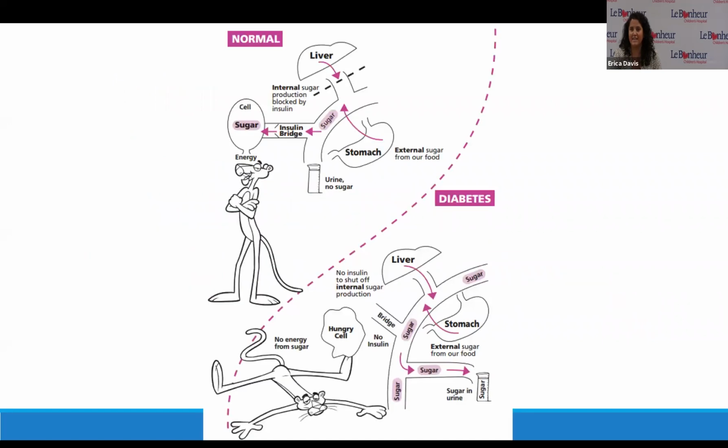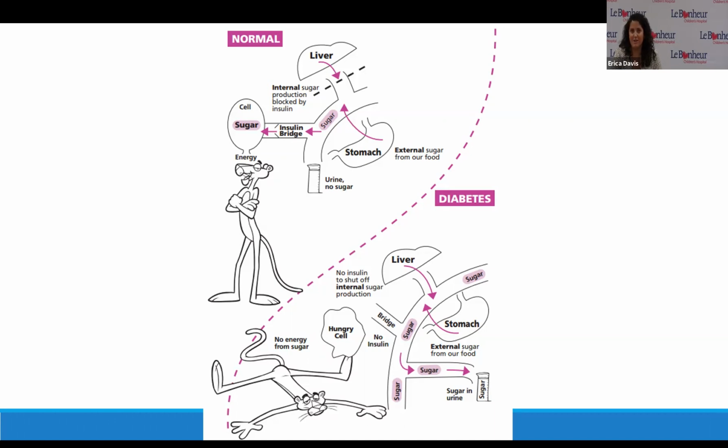So before we really get into what causes type 1 and what causes type 2, I always think it's really important to see what the big issue is in diabetes. This picture, we do use in one of our classes. The top picture, I don't love that it says normal, because we know that our kids with diabetes are normal as well. They're a child with diabetes, but they're a normal kid. Other than that, this is a really great picture of how the body works in diabetes versus how the body works without diabetes.